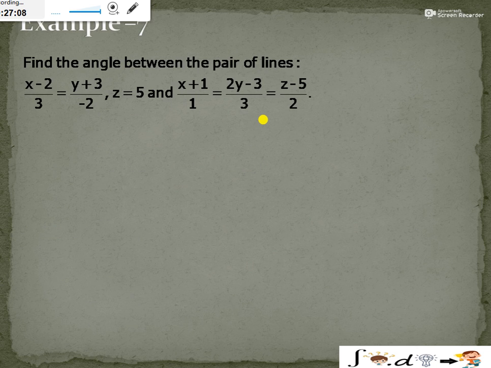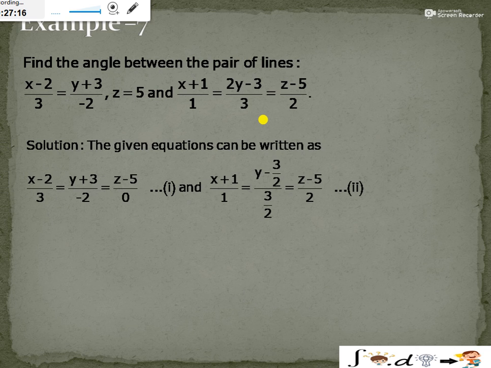And now we have the next one, find the angle between pair of lines। अगर हम चाहें तो इसको लास्ट वाली फॉर्म में भी कन्वर्ट कर सकते हैं, वेक्टर फॉर्म में भी। अब इसको हम डायरेक्ट यहीं से करें। इसमें एक चीज देखने वाली ये है कि जब यहाँ पर z इज इक्वल टू 5 गिवन है तो z इज इक्वल टू 5 को हम कैसे राइट करेंगे, इस 5 को इधर ले जाइए, z माइनस 5 बाई 0। ठीक है, तो यहाँ पे जो थर्ड हमारे पास पॉइंट बनेगा ए बी सी यानी कि डायरेक्शन रेशियोज का, वो यहाँ पर 0 हो जाएगा।